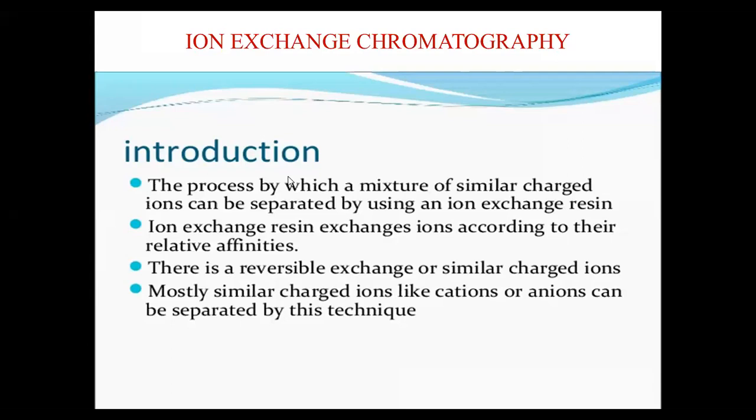The basic principle behind ion exchange chromatography is that when the sample is passed through the column, similar charge ions get separated out with the use of different ion exchangers, basically cationic exchangers and anionic exchangers, which are filled inside the bed, inside the column. When the sample passes through the column, similar charge ions get separated out with the help